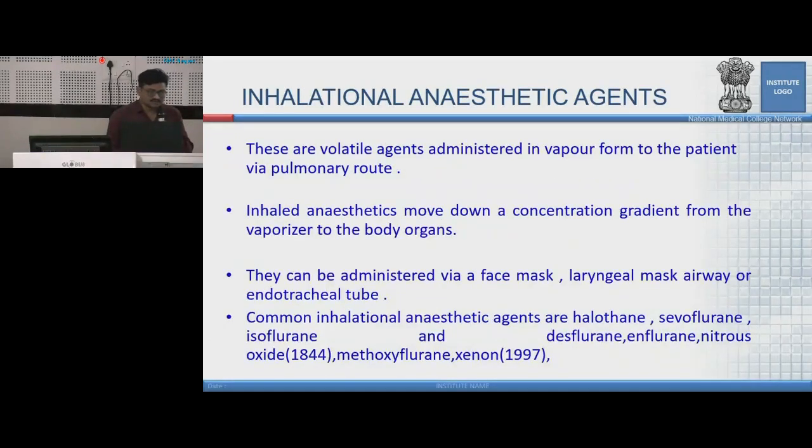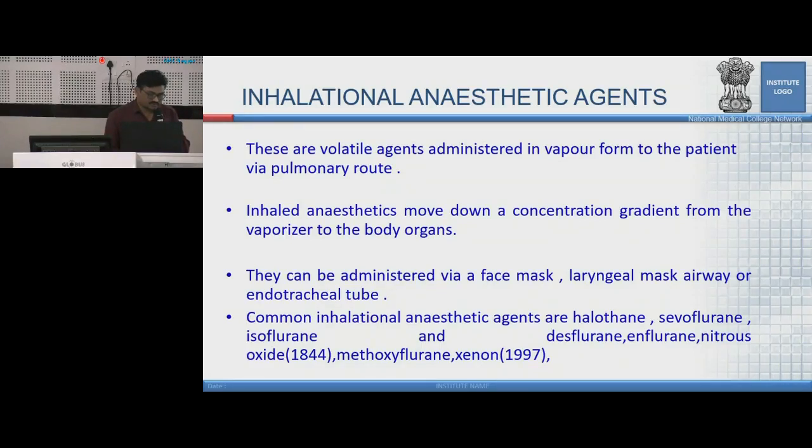Introduction in inhalational anesthetic agent. These are volatile agents administered in vapor form to the patient via pulmonary route. Inhaled anesthetics move down a constant gradient from vaporizer to body organ. They can be administered via face mask, laryngeal mask airway or endotracheal tube. Common inhalational anesthetic agents are nitrous oxide up to xenon,